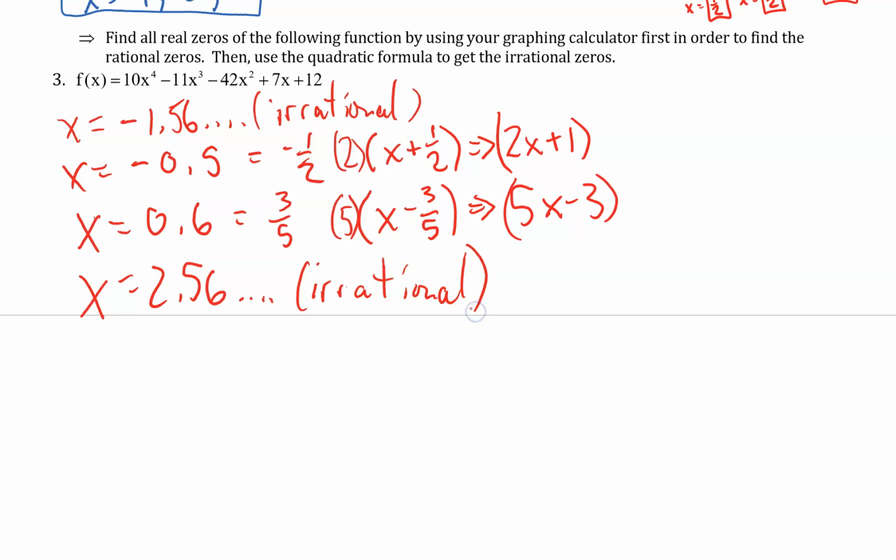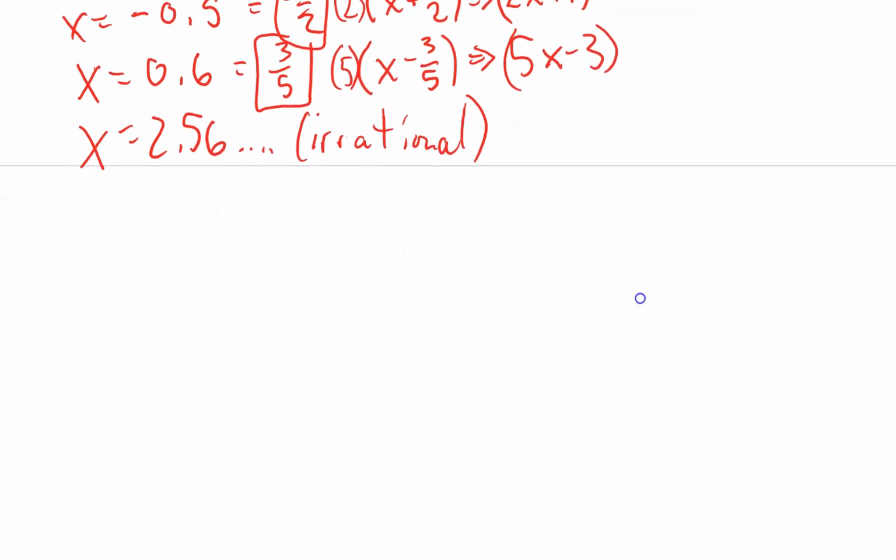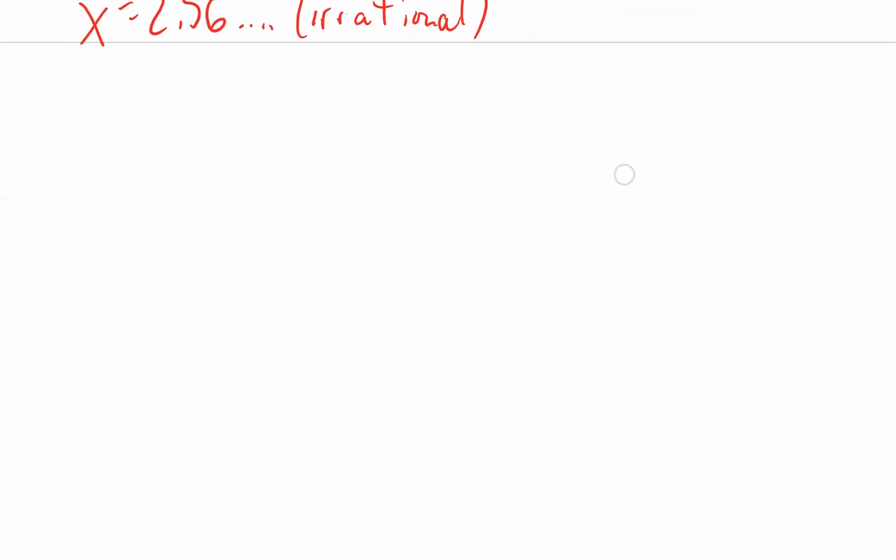Irrational numbers are those that cannot be expressed as a ratio. In other words, it is not a terminating or repeating decimal. These are non-terminating, non-repeating decimals, generally associated with square roots or pi or things like that. So let's take a look at those real roots we've already found, -1/2 and 3/5. So we're going to use our synthetic division